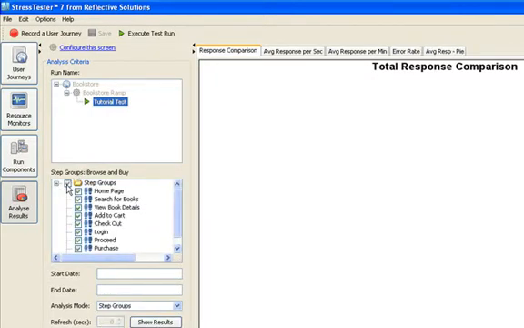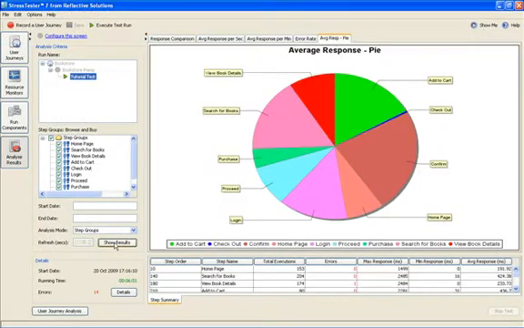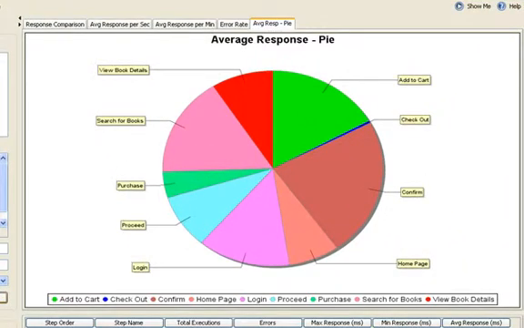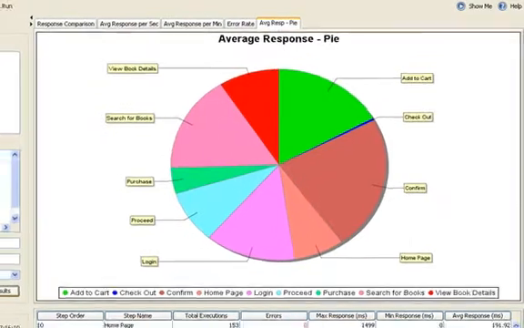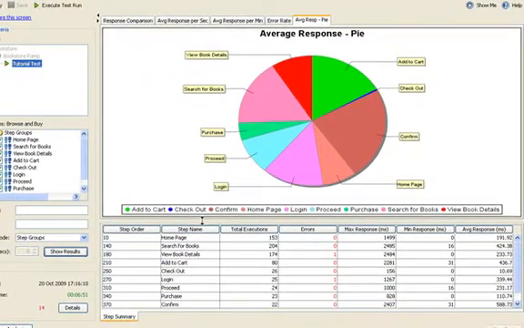I will then select all of the web pages and I will compare their average response time using a pie chart. Immediately that allows me to see which of the web pages are running slowly on average and which I do not need to worry about. The same data is displayed within a table at the bottom of the screen, and this table is fully sortable,